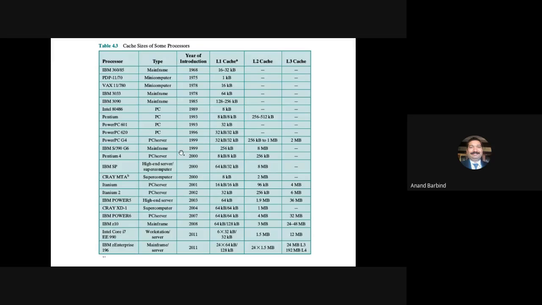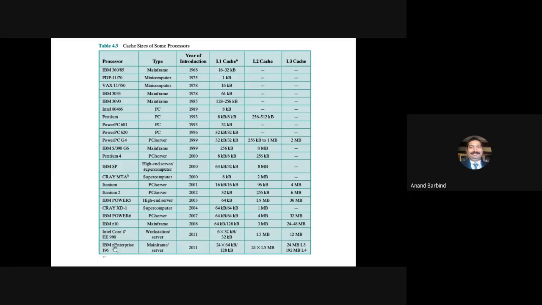But when the Pentium processors and the PCs came, the use of the cache memory was common, but it was in kilobytes only. But nowadays you can see that the cache is in gigabytes, though the L1 cache may still be in megabytes,